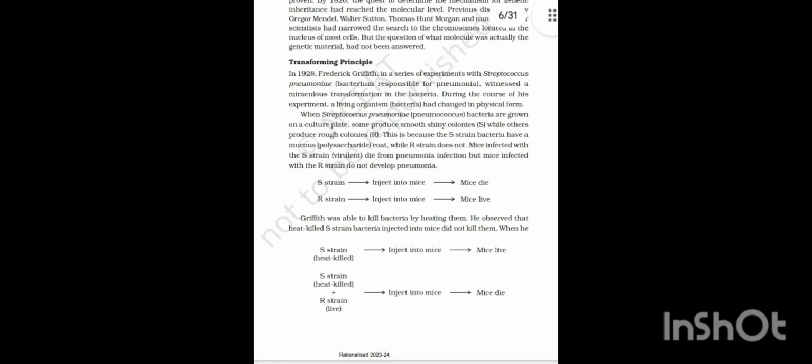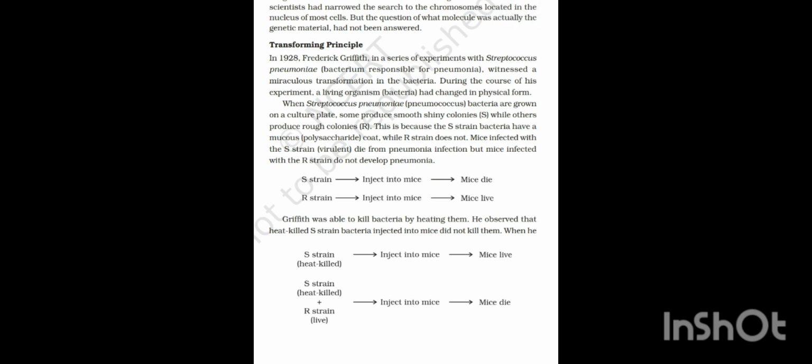So at first, Frederick Griffith did an experiment with Streptococcus pneumoniae, the bacterium responsible for pneumonia, in 1928. He observed a miraculous transformation in bacteria. During the course of his experiment, a living organism, bacteria, had changed in physical form. So what did he do? When Streptococcus pneumoniae bacteria are grown on a culture plate,